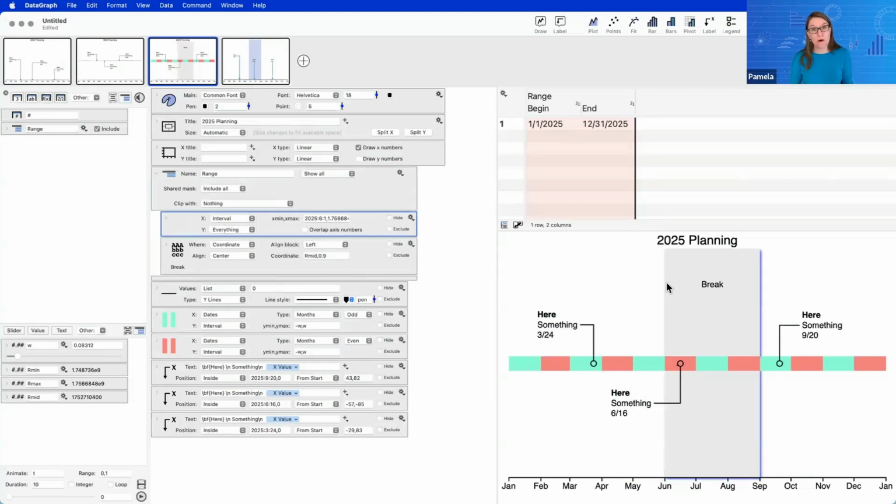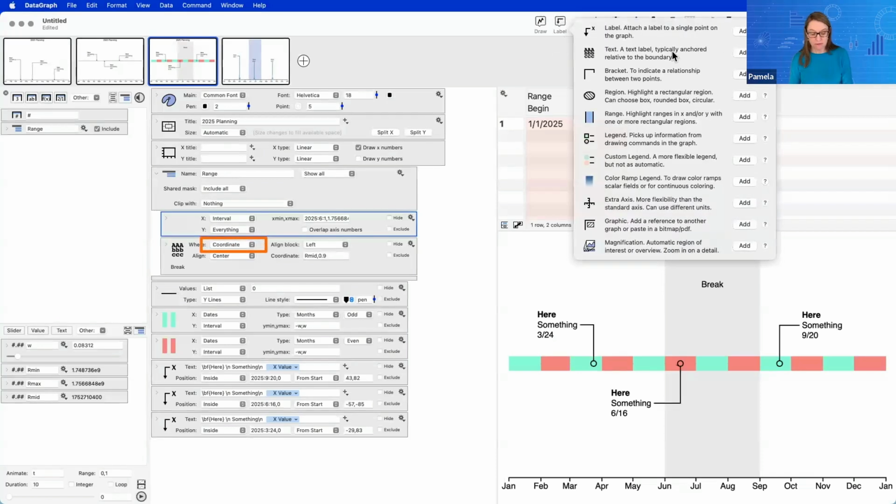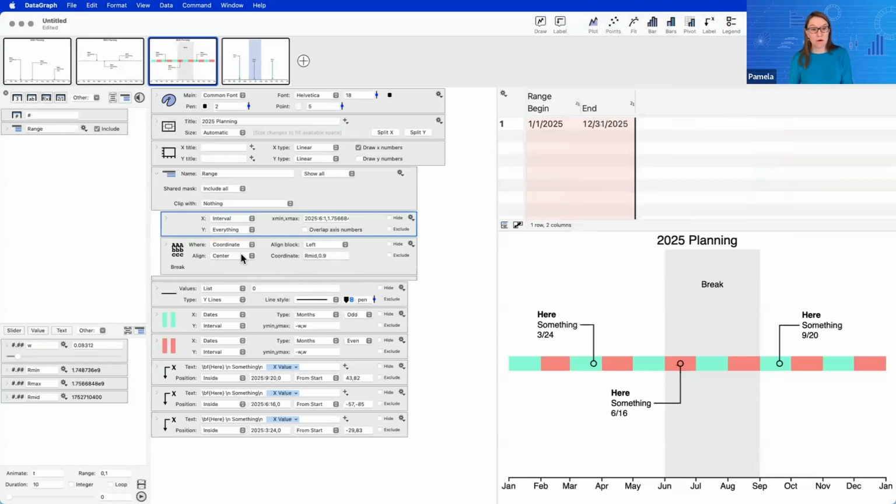Text commands by default are aligned to the corner based on pixels. But here what I've done is I've changed my text command. That's one that I added from here, if you're not familiar with that, this text command right here. It's set to be at a specific coordinate. That's this. And I'm actually calculating what that coordinate is because from any of these interactive elements, either the labels